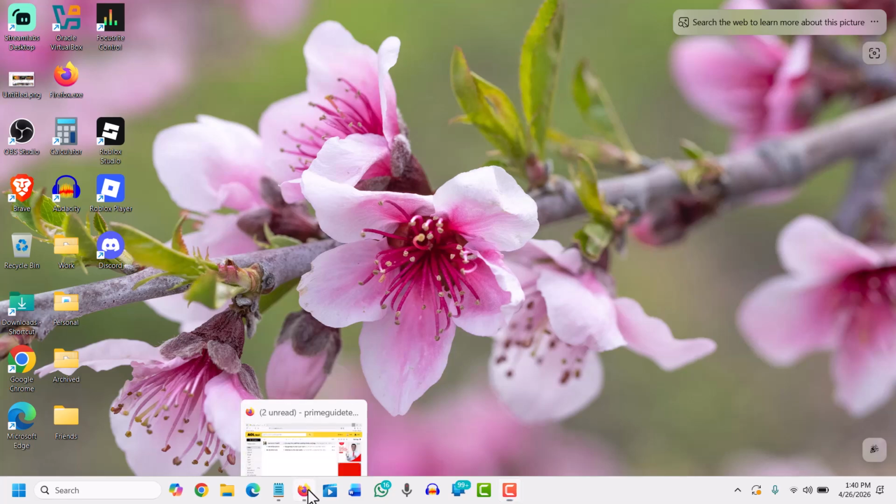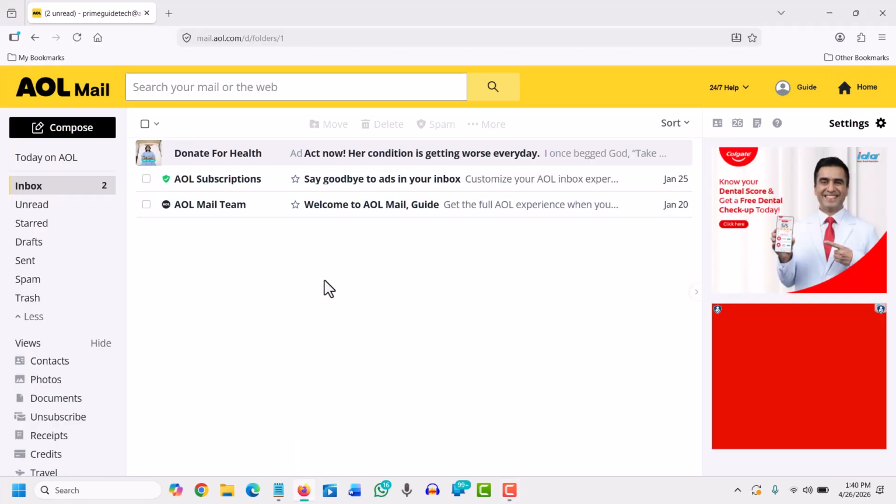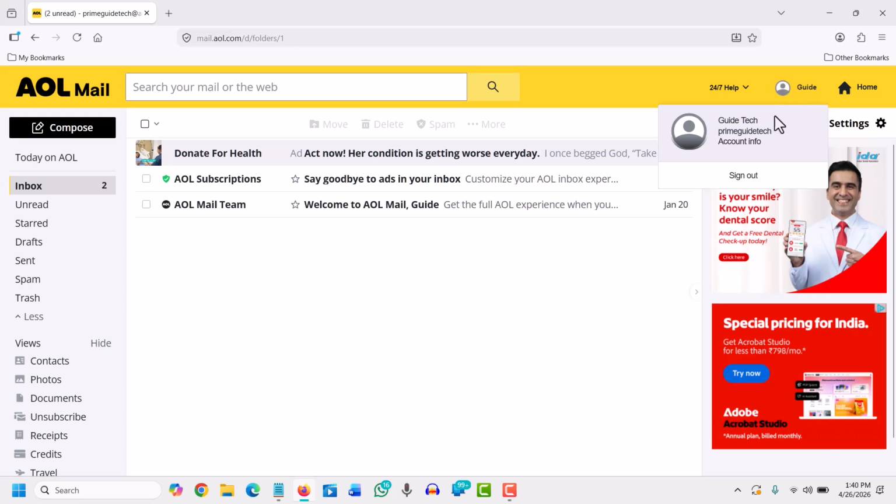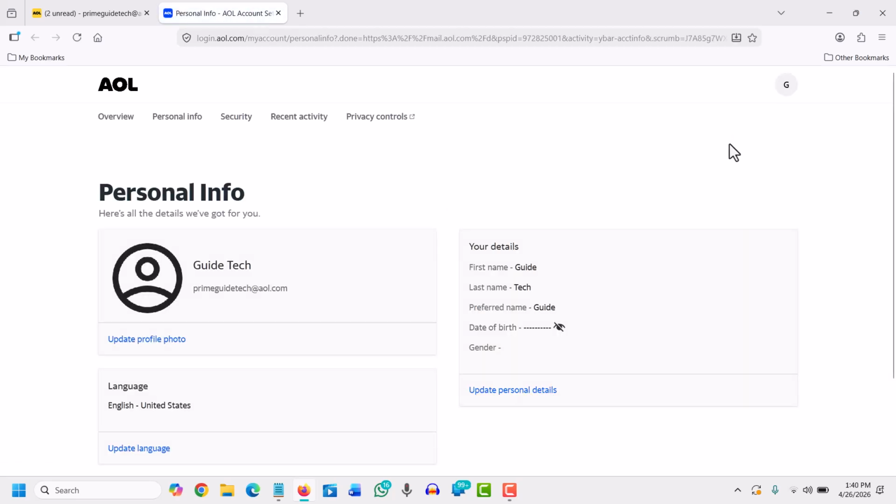It's very easy. So firstly, you need to log into your mail, and at the top right corner, you will see your profile. Just hover the cursor on that and then click on Account Info. Once you click on that, you will have few tabs at the top where it says Overview, Personal, Security. So we will click on Security,